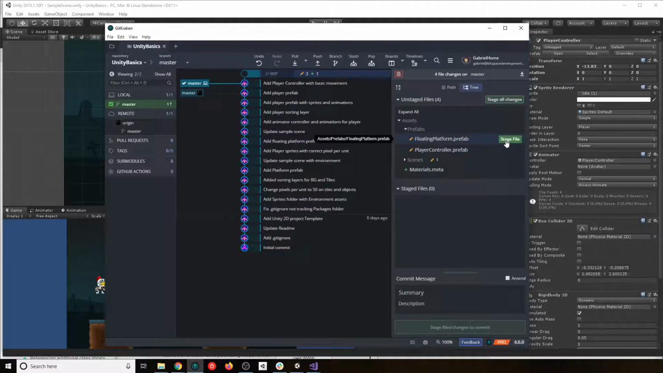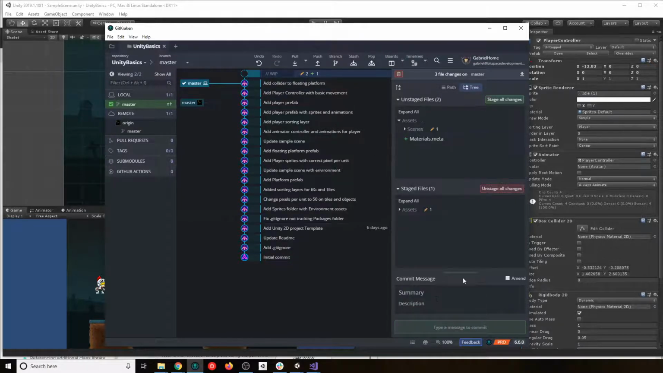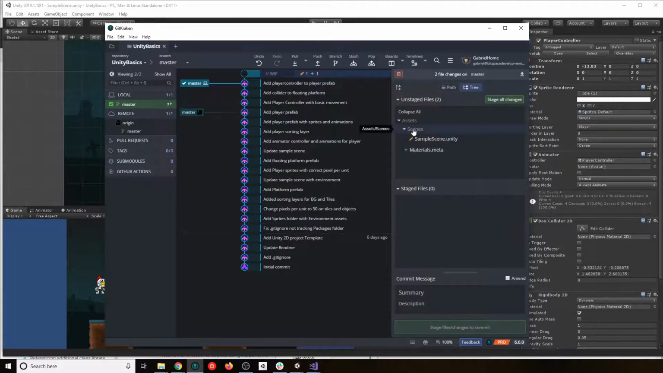And we are going to say here, add collider to floating platform, and add player controller to player prefab here. And you will see that the material is the only one that I haven't used, and I will use it soon. Sample scene, add player